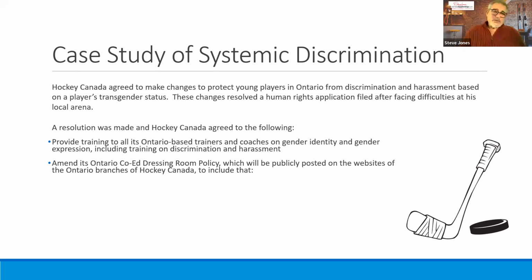I mean, it was a resolution upon consent, but the Hockey League would provide training to all of its Ontario trainers and coaches on gender identity and gender expression, so they learned how to use different pronouns and how to accommodate people. And it included training on discrimination and harassment, what not to say, what language not to use,